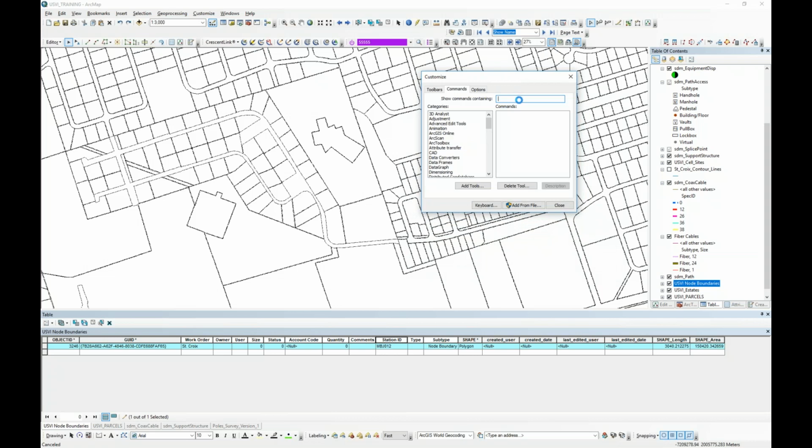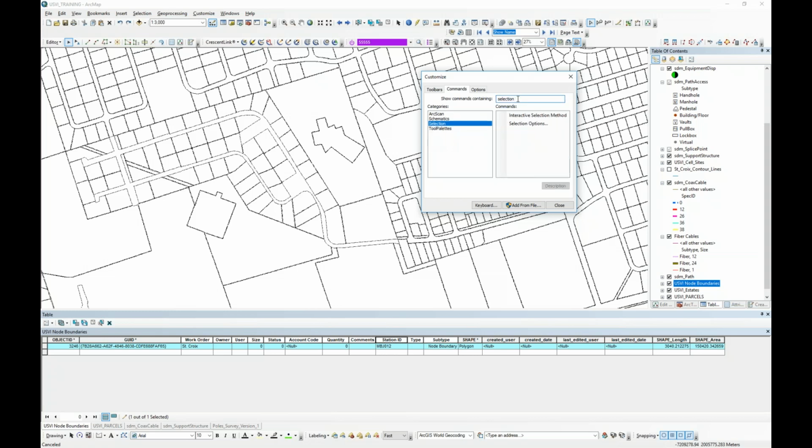And you go to commands, you can type your list in, and this is a selection command. So if you type in selection, and you go to categories, and you click selection,